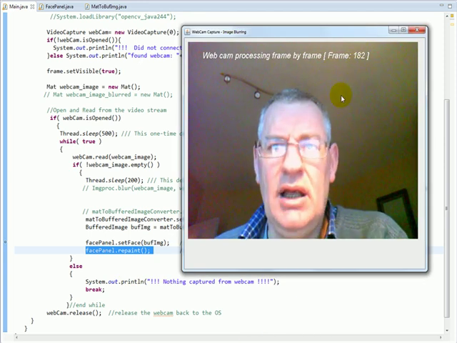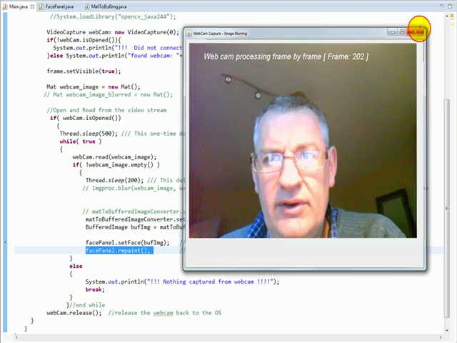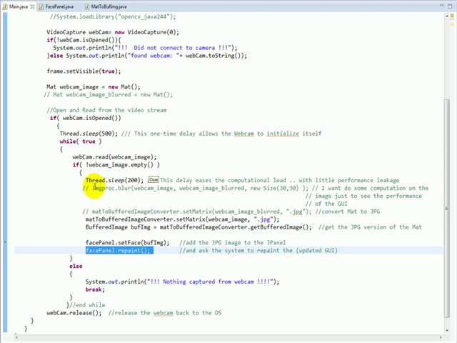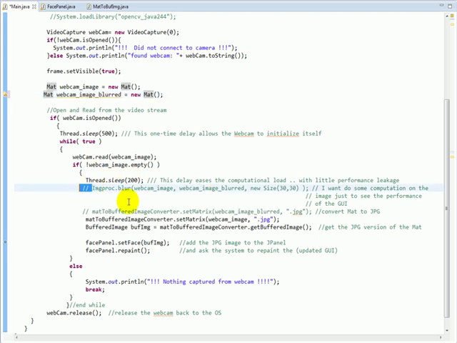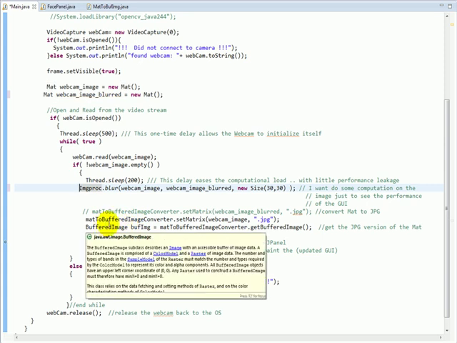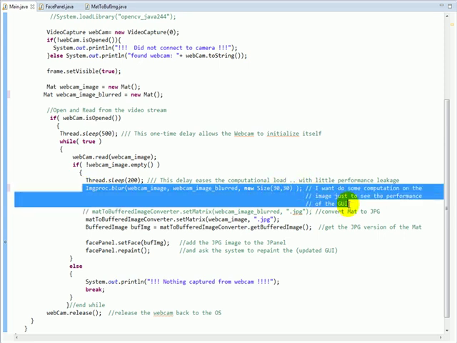And what I want to do now is change this so that the webcam will run again, but next time I'm going to blur the image on the fly, and again I don't lose much in terms of processing speed. So I'm going to enable a few bits here and then restart the program. Matrix set buffered image. So I'm going to blur the image here now. So this is an extra bit of processing, and I want to see how the system performs with this extra bit of processing between capturing the image and displaying the image. I'm trying to blur it. So if I run the program again,